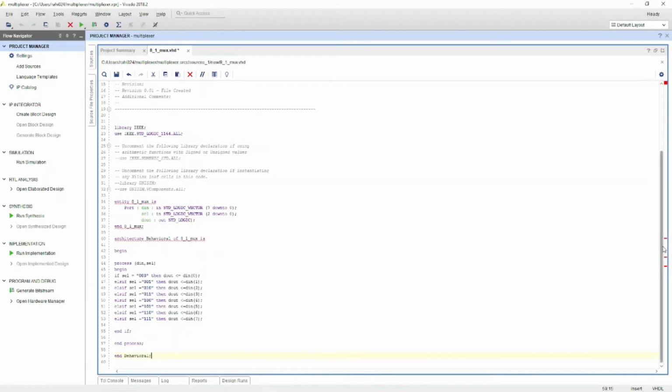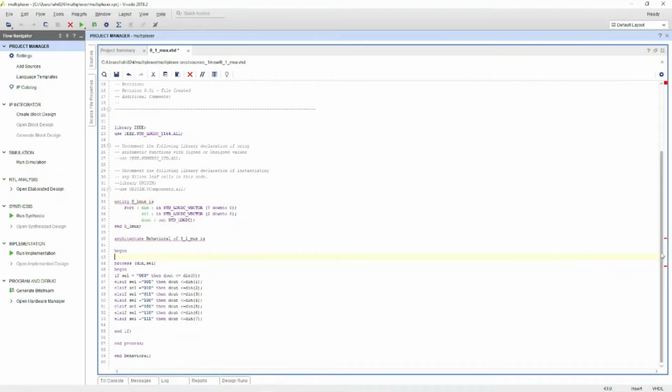Illegal identifier. Okay, let me try to correct over here. Hope it works. No, it's still not working, as you can see.